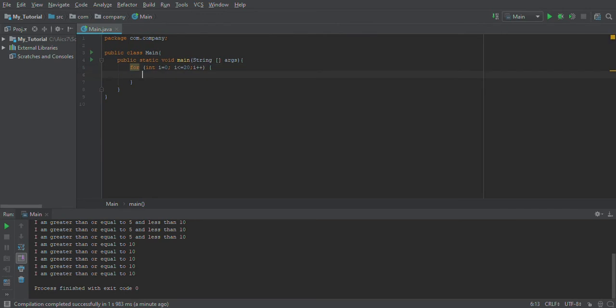So for int I is equal to 0, I less than 20, I plus plus, if there is this new operation I'm going to introduce here, I percentage 2 is greater than, no, actually double equal. So when you are using equals, I use double equal to because remember we were using the equal sign to assign a value to a variable, right? So we use the double equal sign for the comparison. So if this is equal to 0,